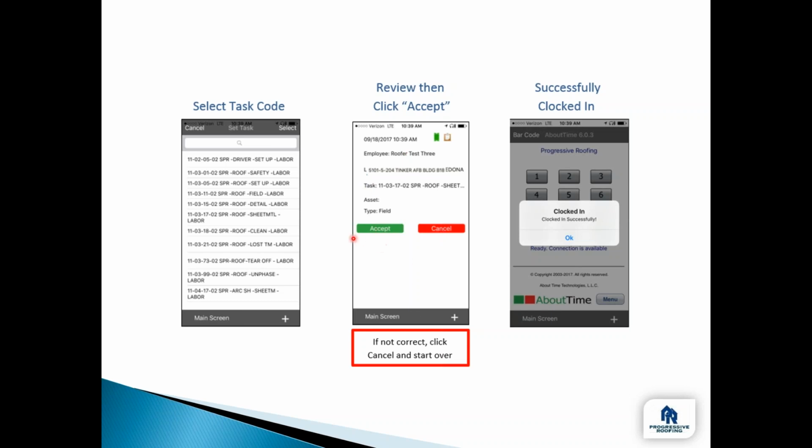After you press accept, then go ahead and About Time will tell you you've successfully clocked in. Then you can press OK. I want to make a suggestion. If you do not have a signal on your phone, About Time registers the information on the device, so you don't have to worry about that. Okay? So when you press OK, then you'll be at the pin box ready to pass it on to your